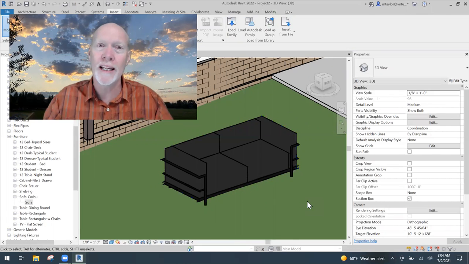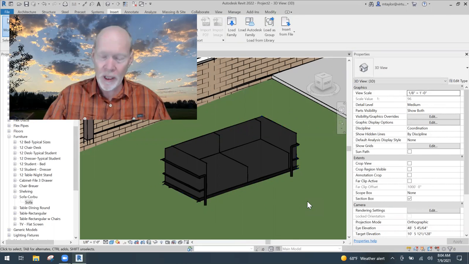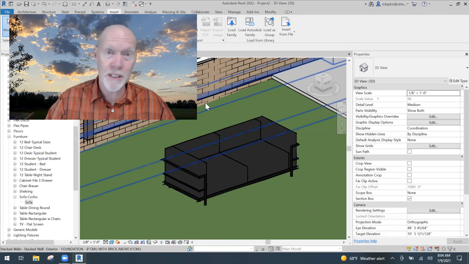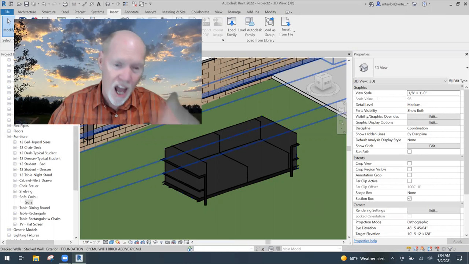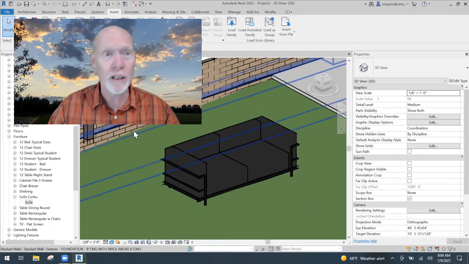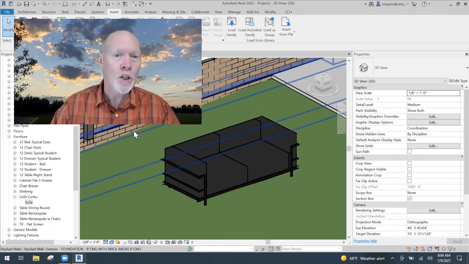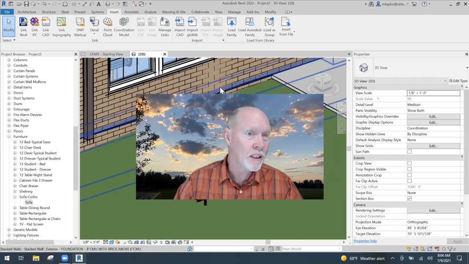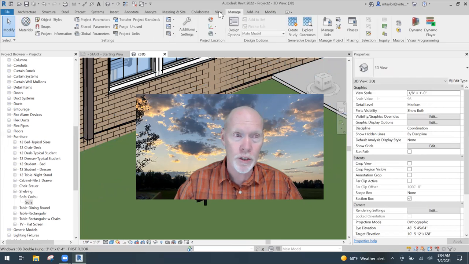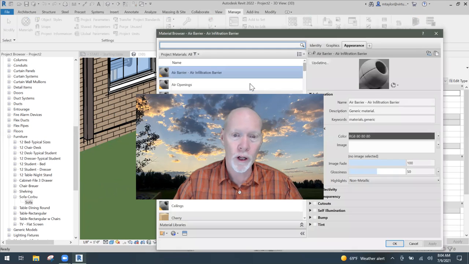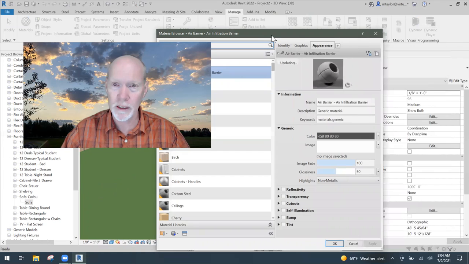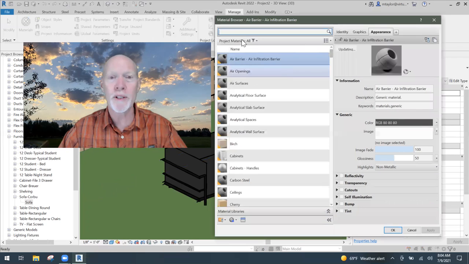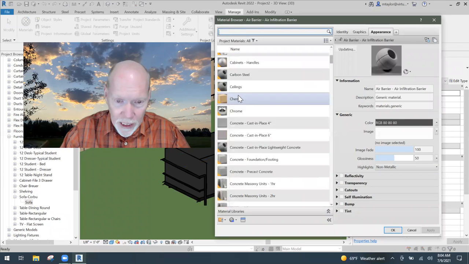But let's say we wanted a new material. If I go look in my materials, let's say I want to put some blue fabric on it. Forget that black leather. I want blue fabric. So I'm going to go to Manage, my materials. Wait for it. Oh, there's the materials. Okay, let me just move things around a little bit for us. Okay, here's our materials. So I can scroll down through all my materials